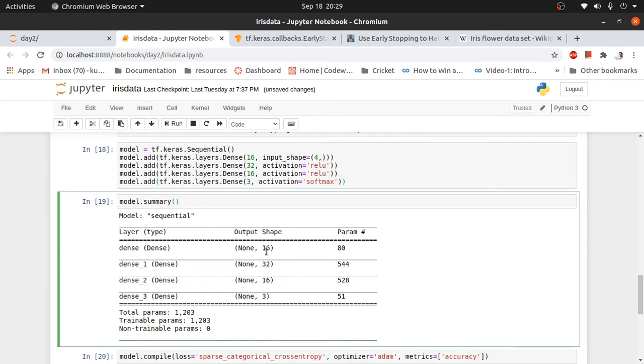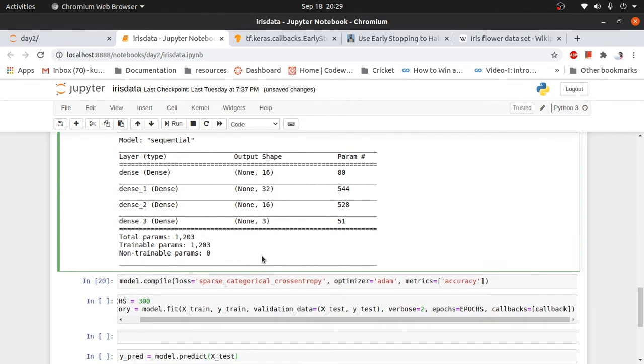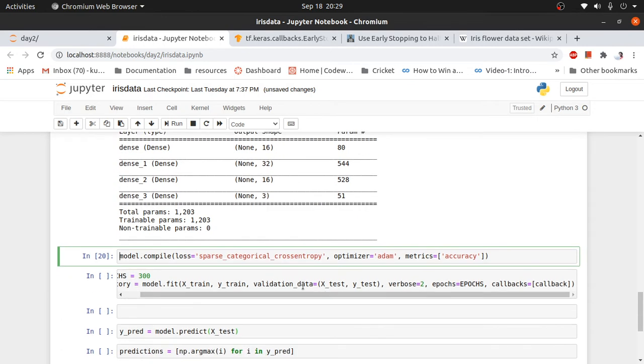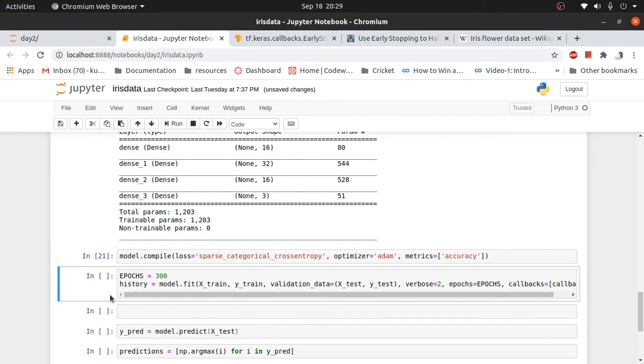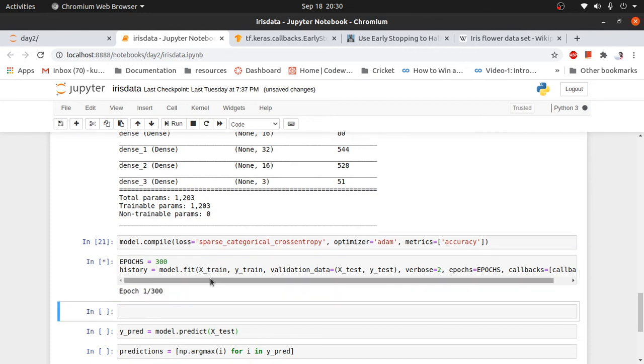Let's check out the summary. So total 1203 parameters, and then compiling, we are optimizing it with the Adam optimizer, and accuracy is the metric by which we will evaluate, and loss will be sparse categorical cross entropy. Okay, let's do this. And to check this callback function, whether it works or not, I have purposefully set the epochs to 300. It is a very large number for this small data set, but let's do it and check